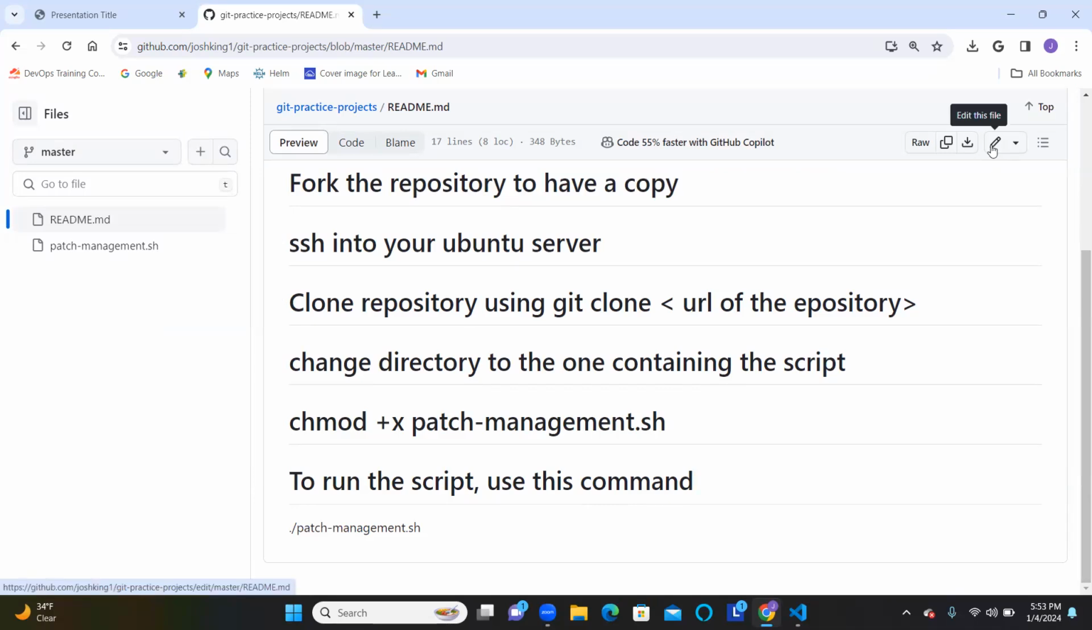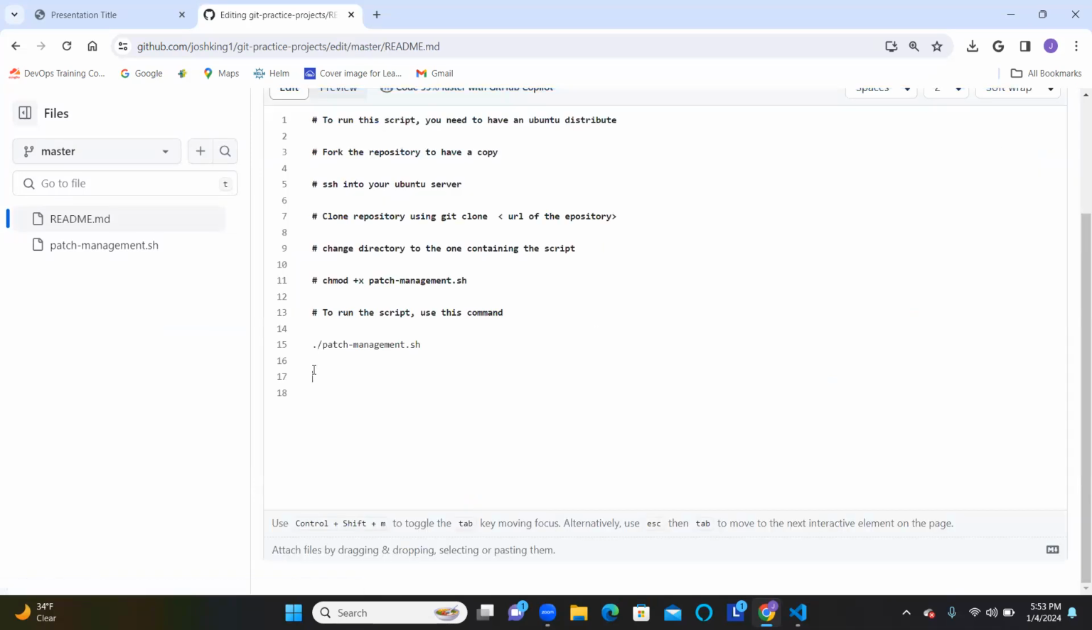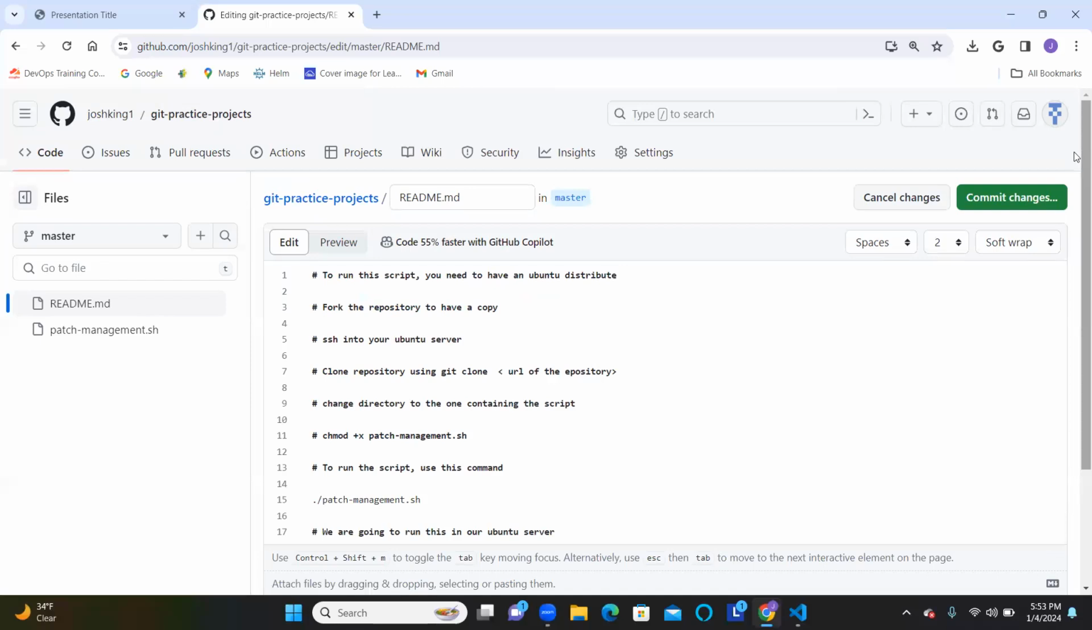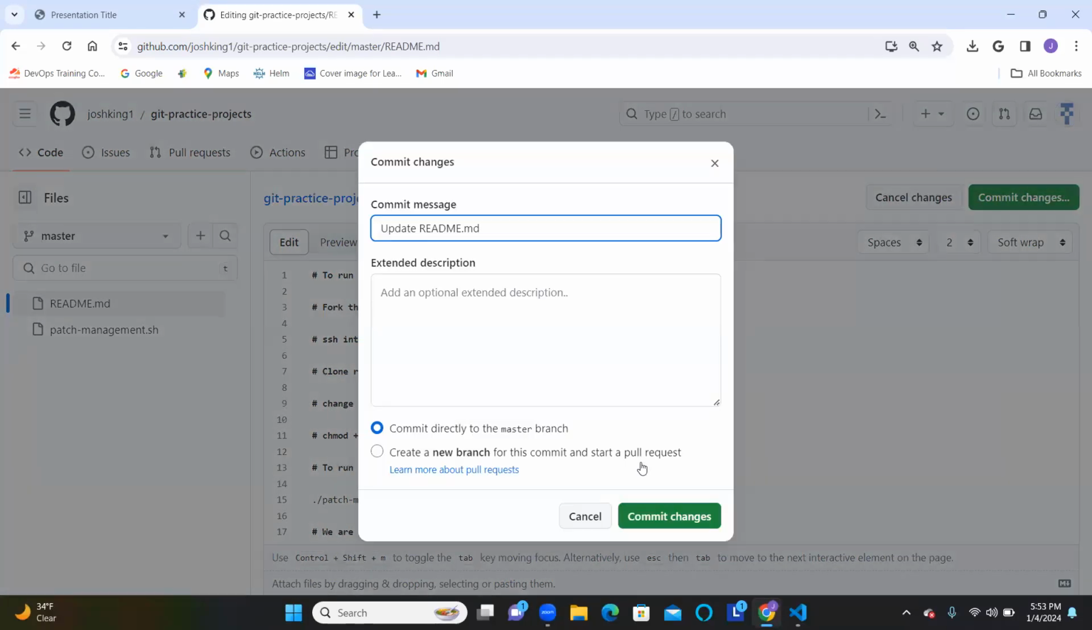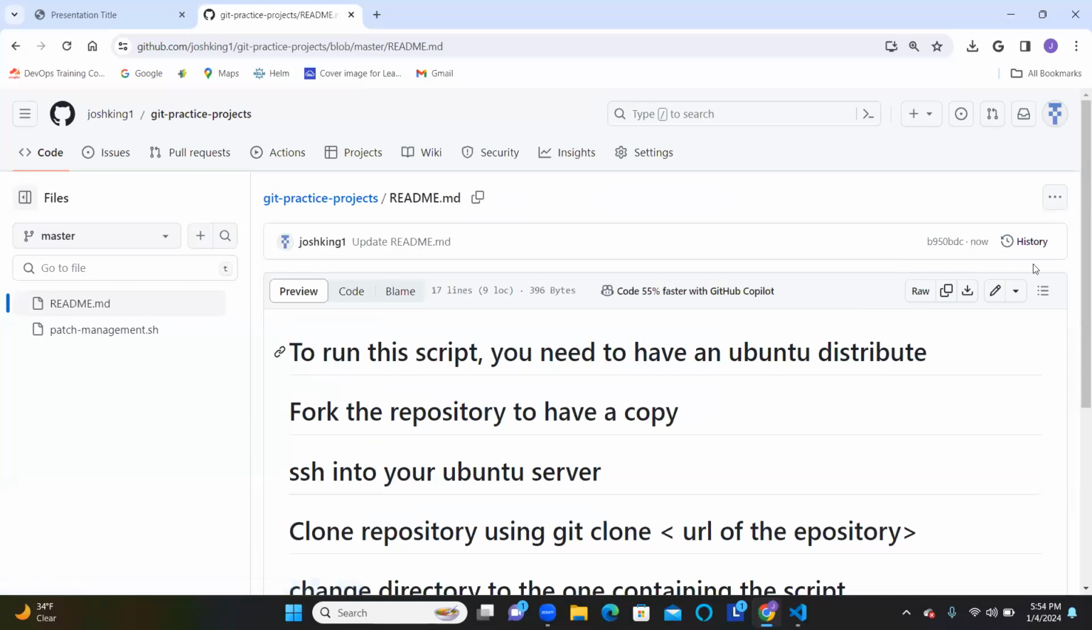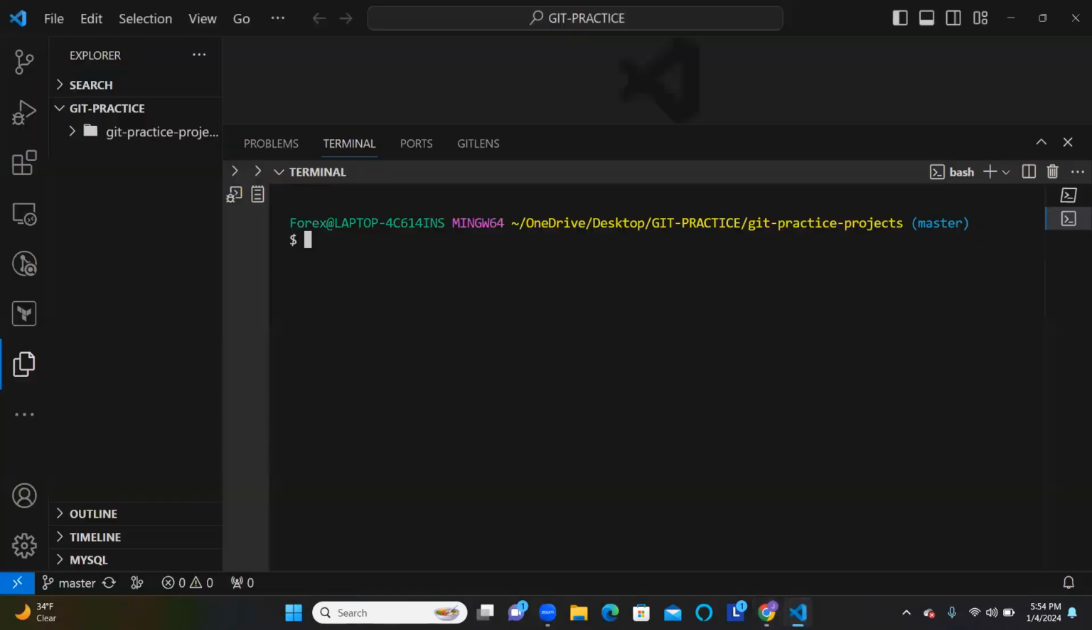To do that, we are going to come and edit the README file. We can add any information. For instance, we can say we are going to run this in our Ubuntu server. Now, of course, if you make some changes, you have to commit the changes. Commit the changes, and of course, we are good to go. Then what we need to do is to go back to our